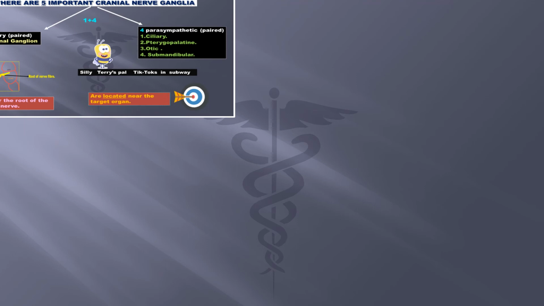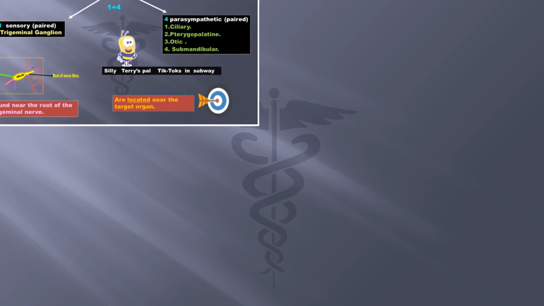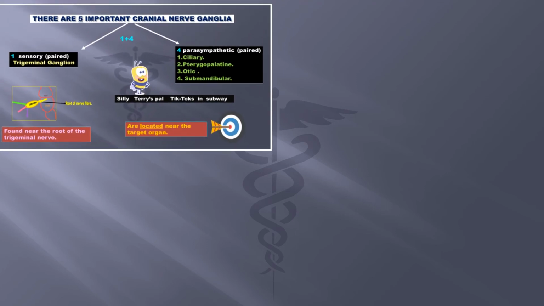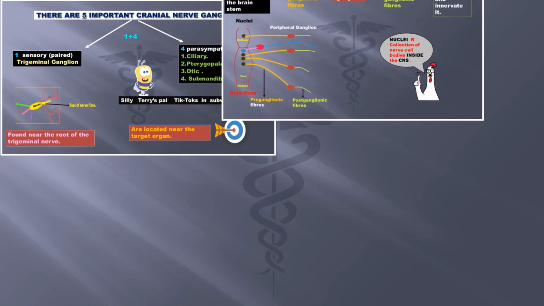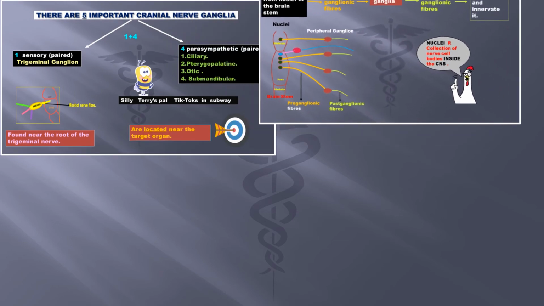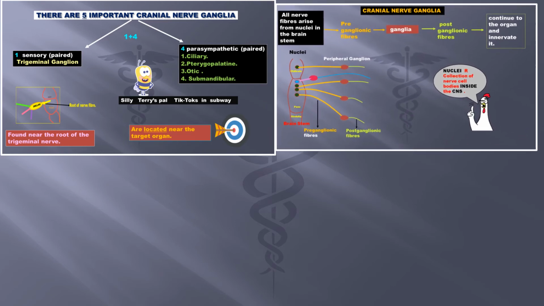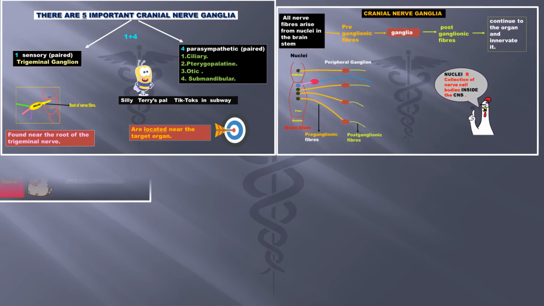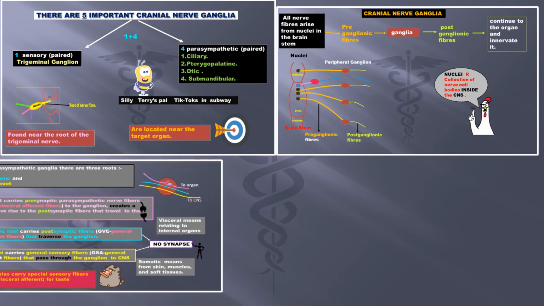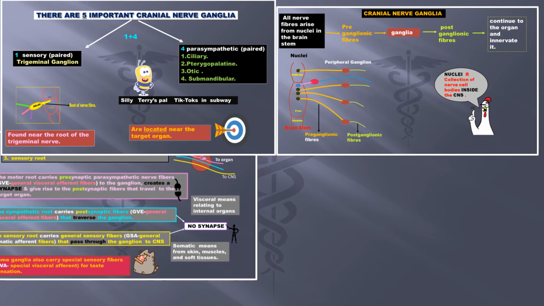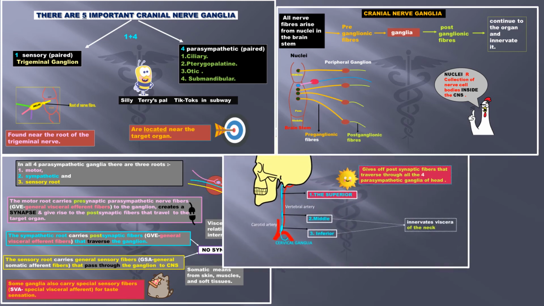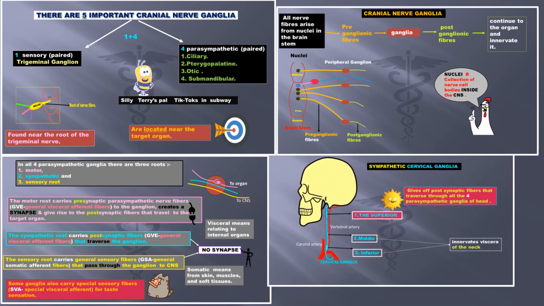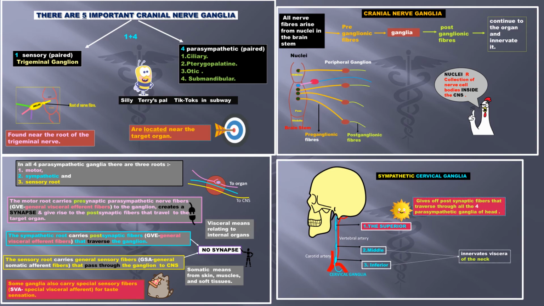Let us do a quick summary of what we learned so far. There are 5 important ganglia. They are in pairs on left and right of the face. 1 is sensory and 4 are parasympathetic. All arise from nuclei with pre- and postsynaptic ganglionic fibers. The parasympathetic ganglia have 3 types of fibers passing through, while the sensory ganglion has only cell bodies inside. Finally, the superior cervical ganglion provides these sympathetic fibers to all the 4 parasympathetic ganglia.